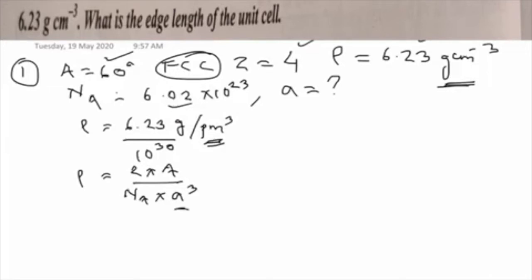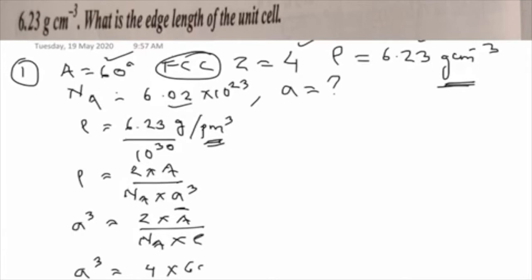Now let's write down the values. If you want this A cube, you can make it the subject by interchanging it. So A cube is equal to Z into A over Avogadro's number into density. Now by putting the values, Z, so FCC, I'll write that as 4. Then A is given as 60, so let me write that as 60. Then I'll divide this by